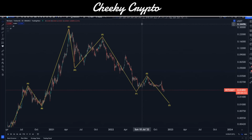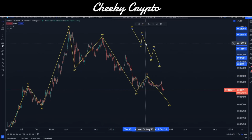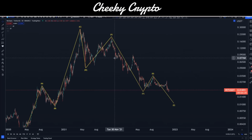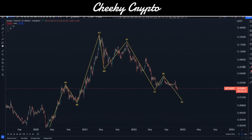Okay, so when it comes to impulsive 5-wave structures, the 1, 2, 3, 4, and 5, you might think, okay, well, where does that go in here? You can't see it. There's actually a clear 3-wave drop in there instead, right? So we could obviously be looking at a super bearish maybe leading diagonal or something like that. But actually, the reality of the situation is it's a string of corrective patterns put back together,